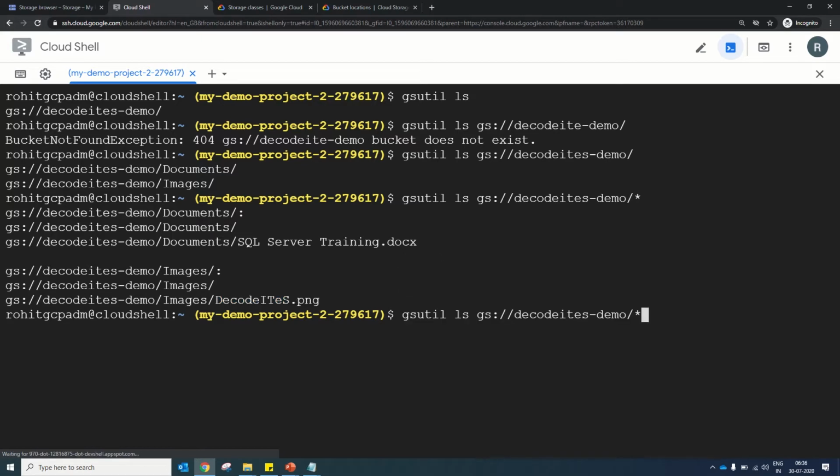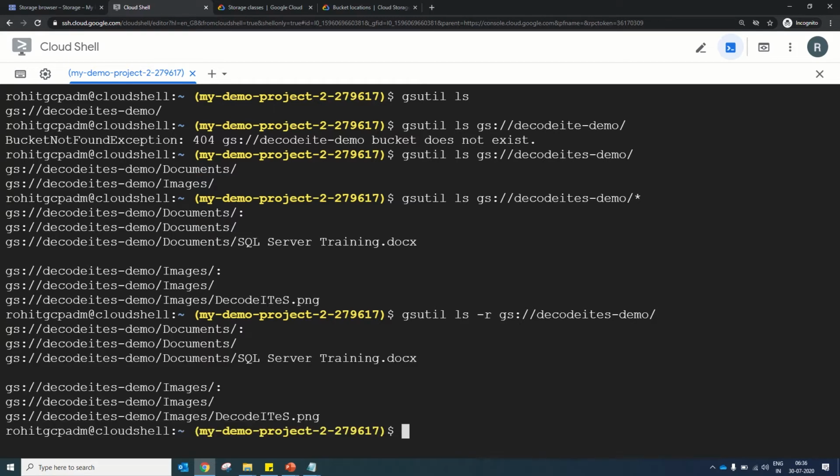You can also do this by passing the -r with the ls. It will go in recursive mode, and you can see a similar kind of output. So -r is for the recursive mode. It will list the objects in recursive mode until it keeps finding subdirectories in your Google bucket.